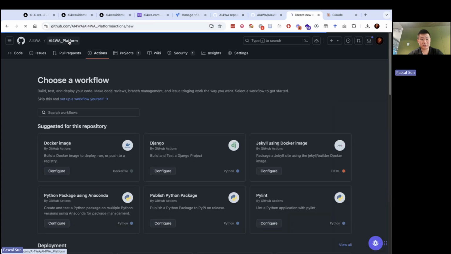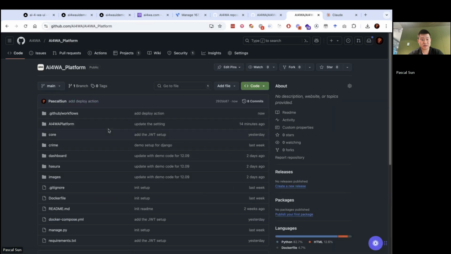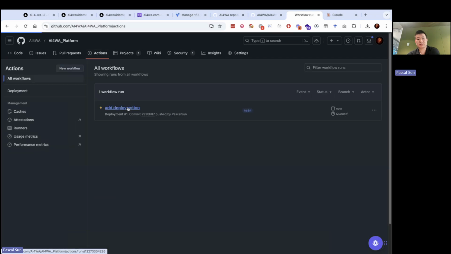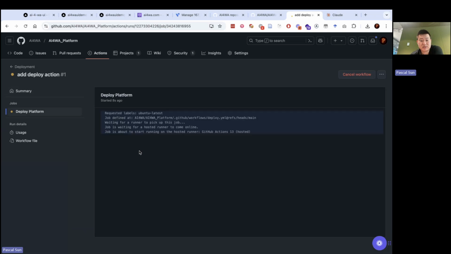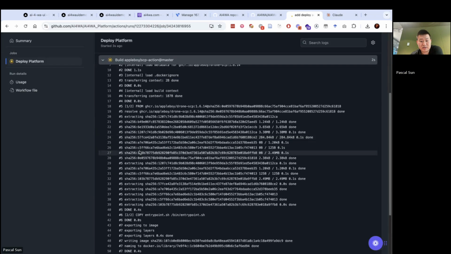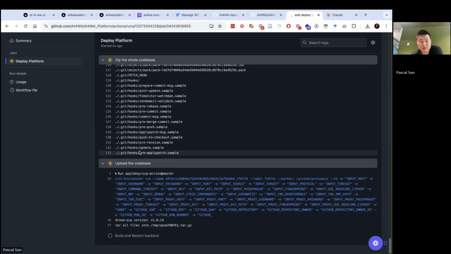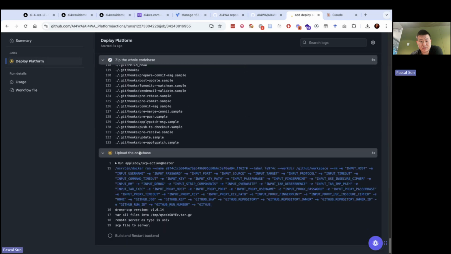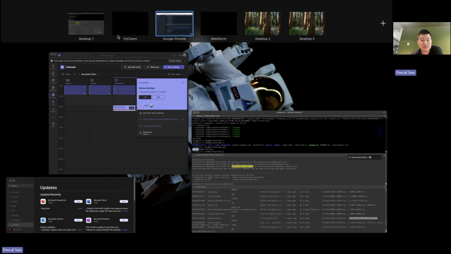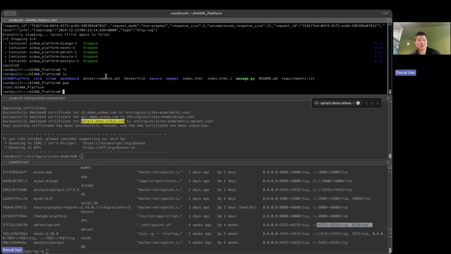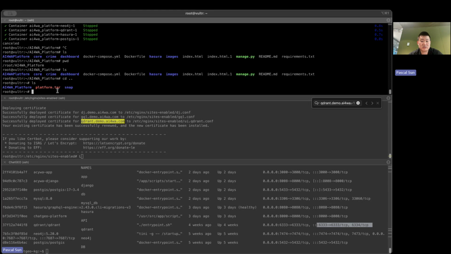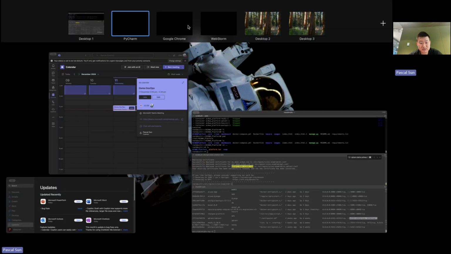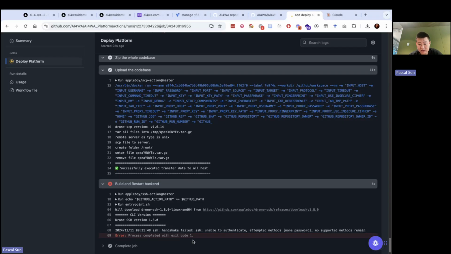and after it's been pushed, the latest one, it should be able to have the action. So you can see this is up, and it will be starting the job. You can see the logs from here. And then it's trying to put the data to the remote server. So you can see this one is already being sent to the cloud server. That's something that didn't exist before, but